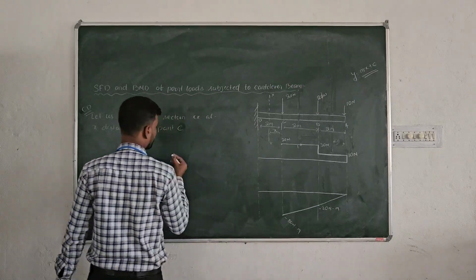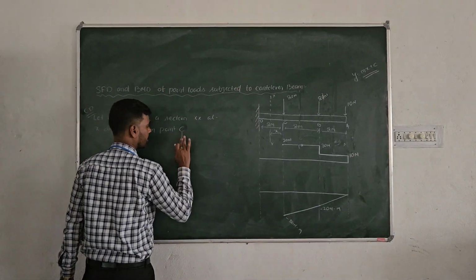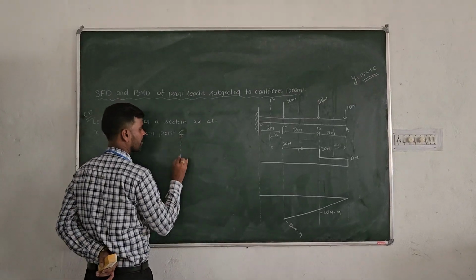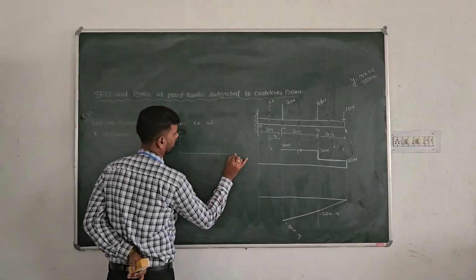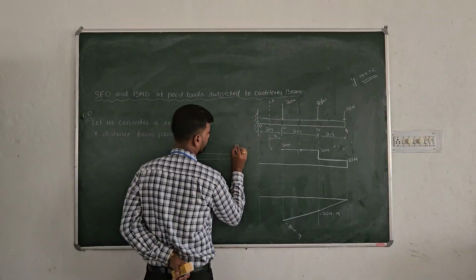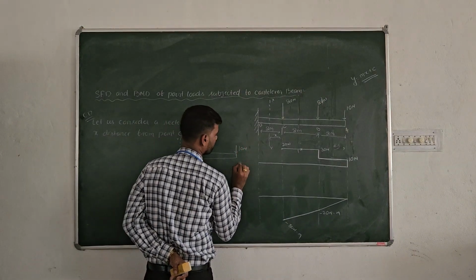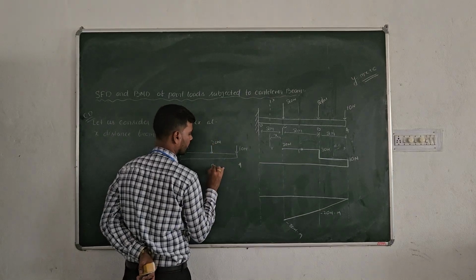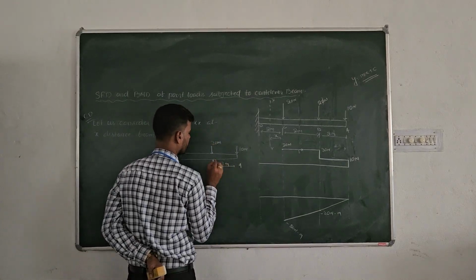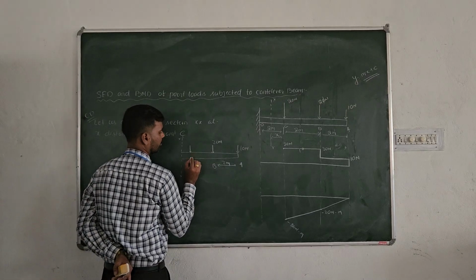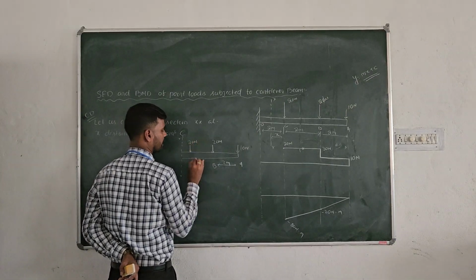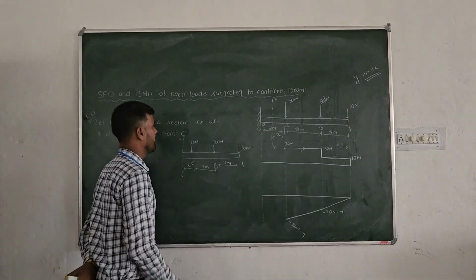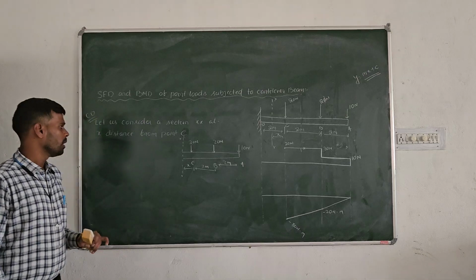So now how will the diagram be? The diagram will be in such a manner that this is XX, and this is point A where the force is acting, and this is point B where 20 Newton force is acting, and this distance is 2 meter. This is point C where again 20 Newton force is acting. This distance is also 2 meter, and this distance is x meter as we have taken here. So at XX,